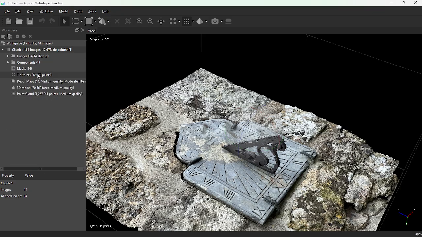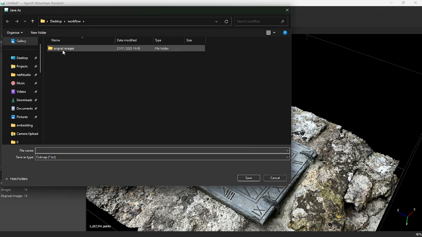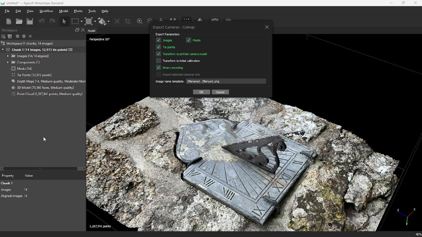So we've got the mask, we've got everything we need now. So basically, we're just going to export everything as COLMAP format, and we're just going to call it sundial. Doesn't matter what you call it. Now here we are, back to this. We want the images,